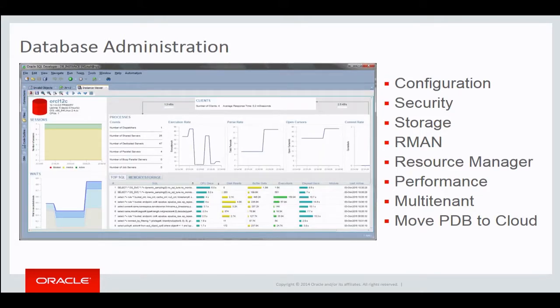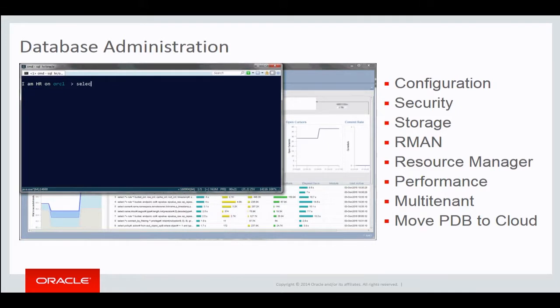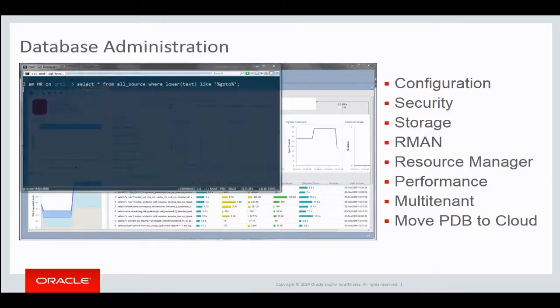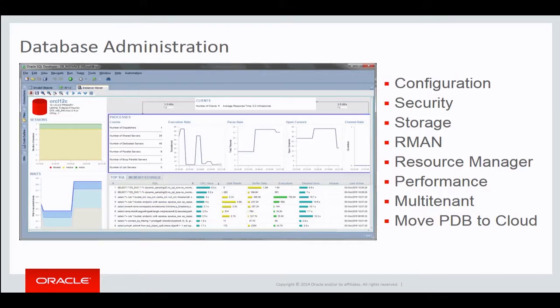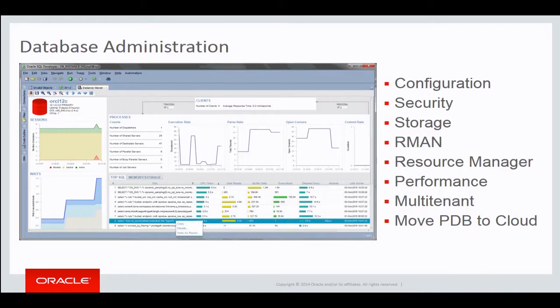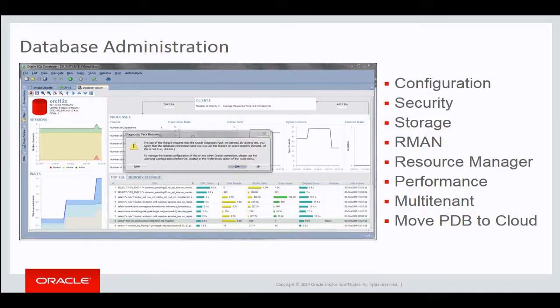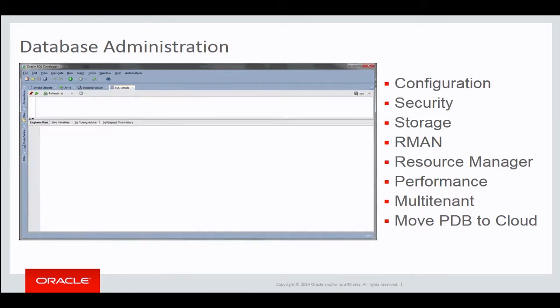Let's see what else in here. This is our instance viewer. It's got a top SQL report. So I'm just creating a very expensive query. Don't ever, ever, ever run this. I did Cartesian joins before and crashed demo boxes at Open World. That was fun. But I can see this query pop up, and then I can drill into a SQL report